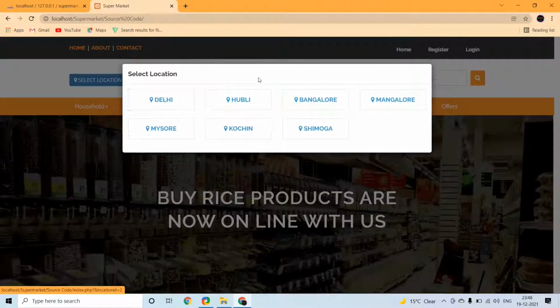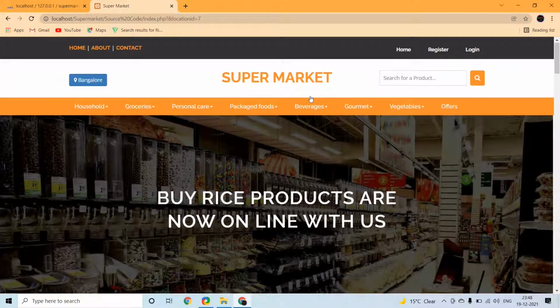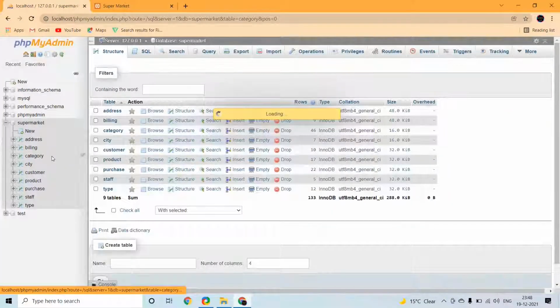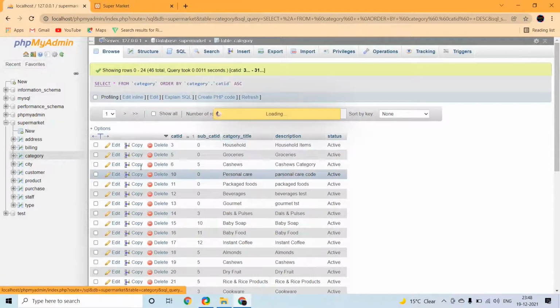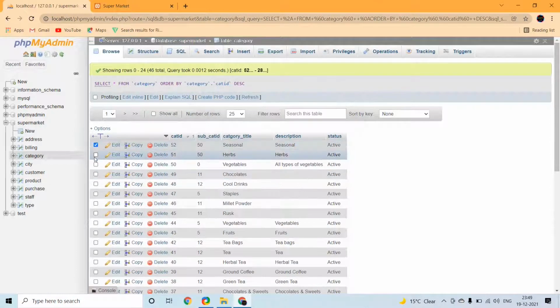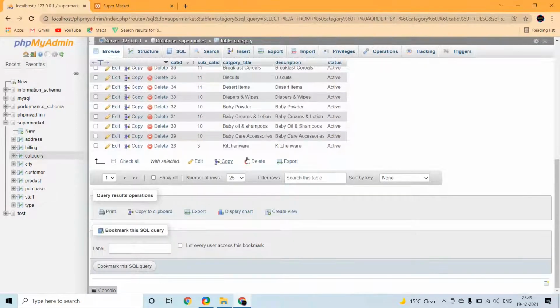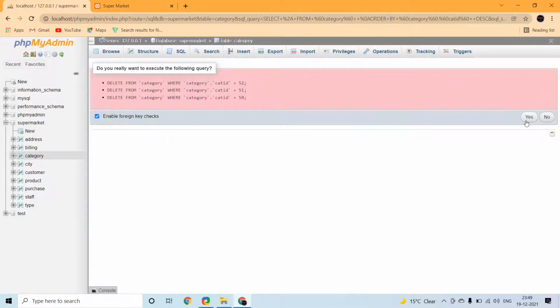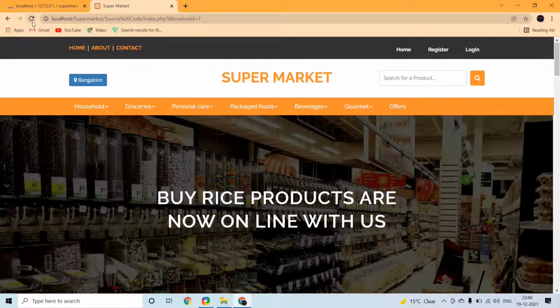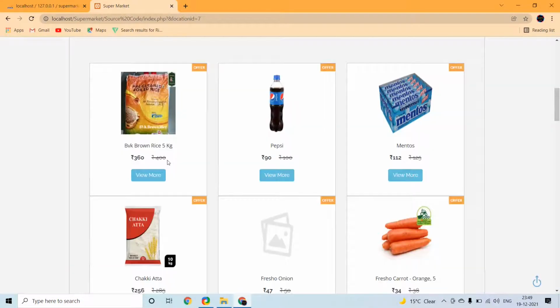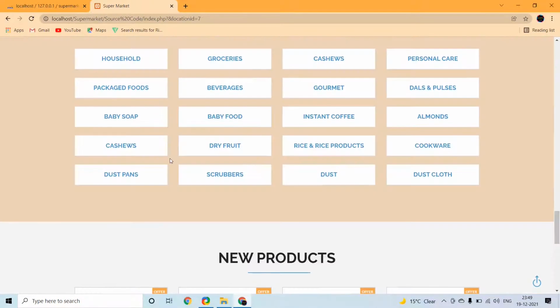Then I select the location as Bangalore. Now we can see the home page.